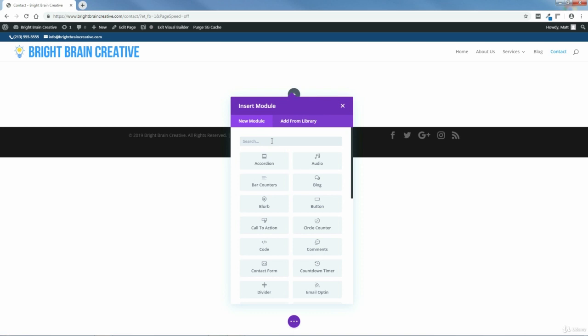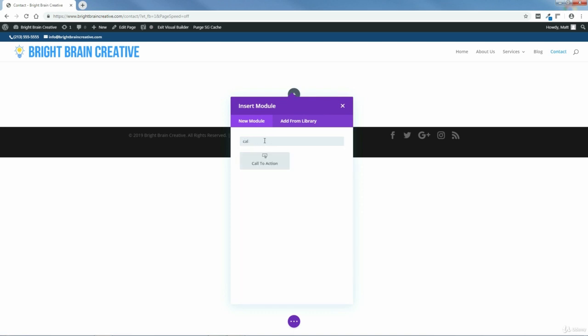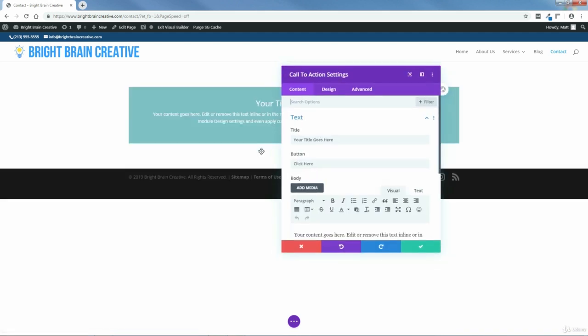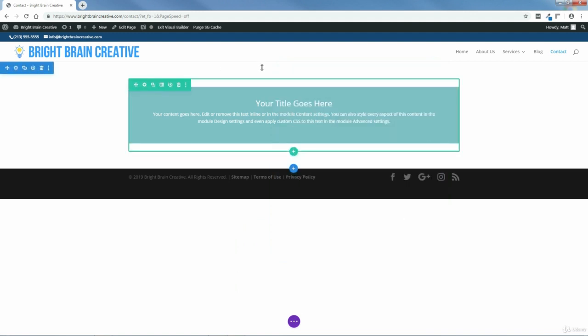And I want to open a call to action module. So I'll type call. Oops. There we go. Click call to action. I'm going to go ahead and click this button to close it because I want to add my background image